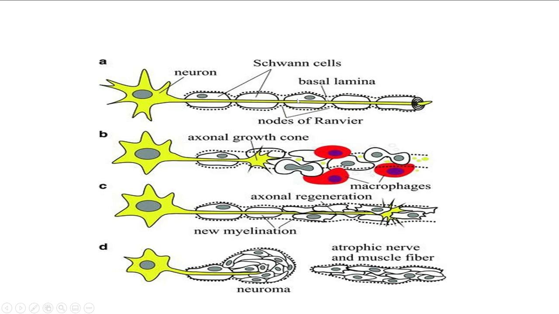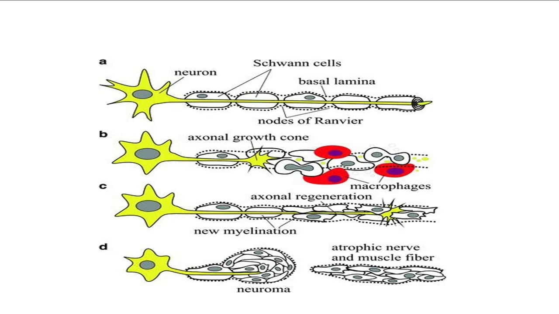This is the overall picture showing a nerve cell, with damage to the fibers and new myelination formed. If there is a neuroma, it will cause pain. This is the abnormality of the injury. This is the atrophic nerve and muscle fiber. So there are several side effects of injury even after regeneration. It is not certain that it will return to the normal level, and it is very painful. And this is how degeneration and regeneration occur in the nerve fibers.